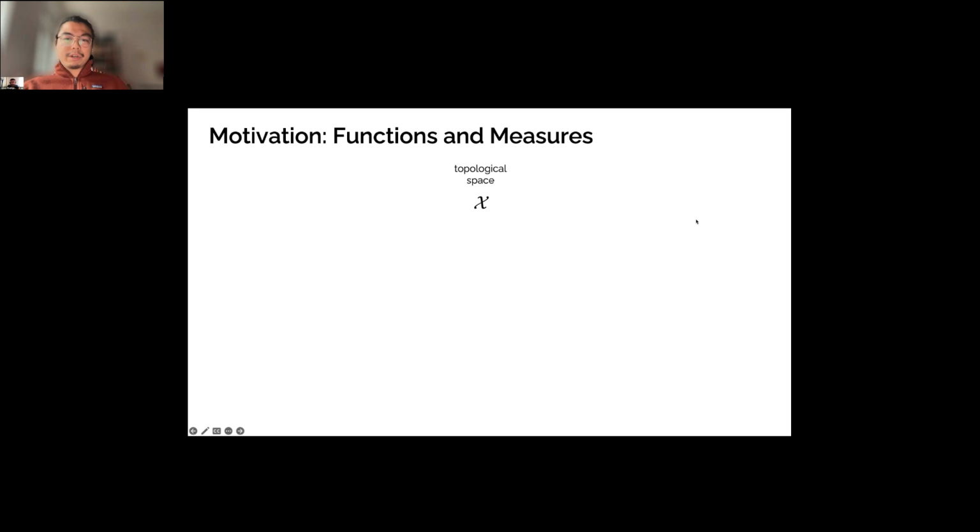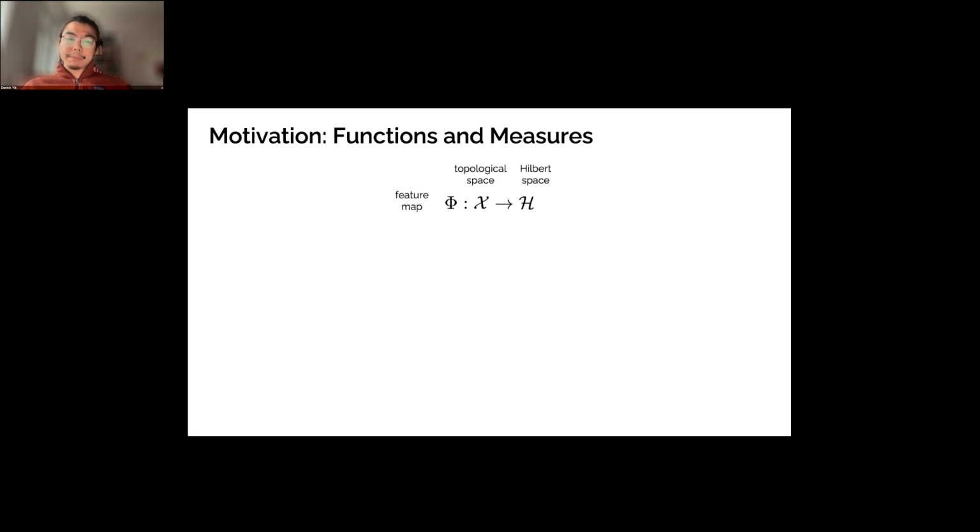And just to start off with some motivation, the theme of this talk is to study certain types of feature maps for data. So let's suppose that we have some topological space X, and this is some space of data that we would like to study. One way of studying this data is by applying some feature map. This is just some map from our topological space X into some linear space. Often it's useful to have some sort of inner product structure, and so it's useful to think about this codomain